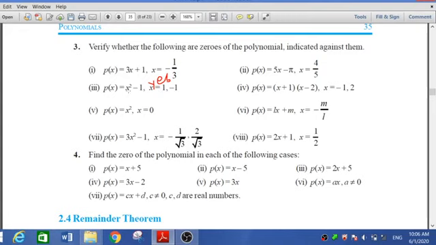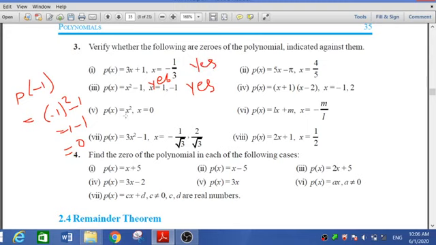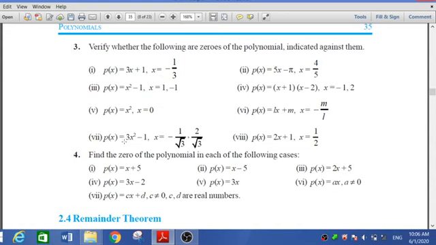Now x equal to minus 1 is equal to minus 1 square minus 1. So again 1 minus 1, the answer is 0. So in both we can say yes. First is yes, third is yes, fifth now x equal to 0. So we can get easily 0. So again we say yes here. These types of sums you have to complete in your fair book and also in your rough book.